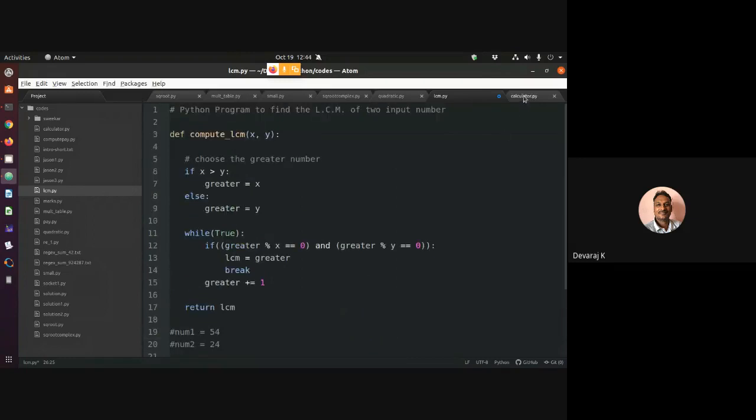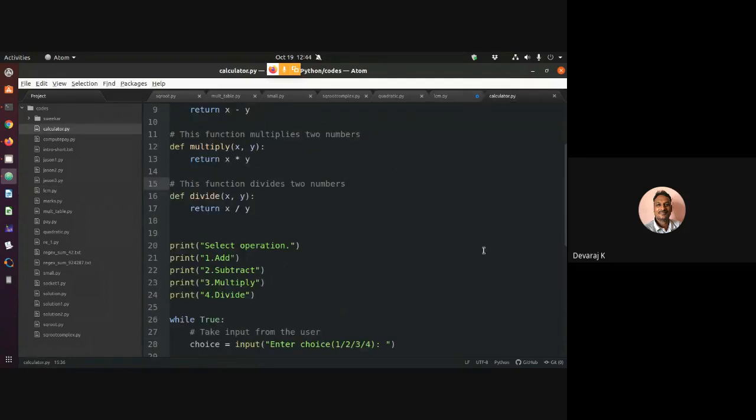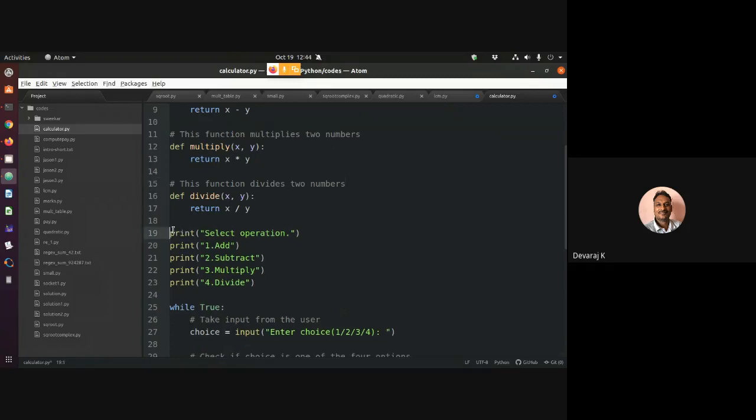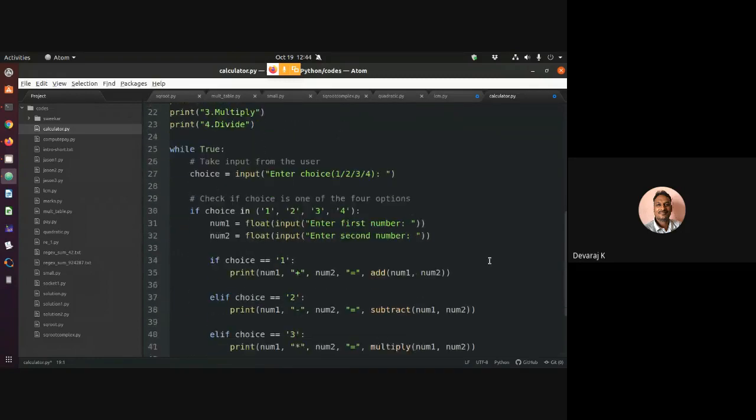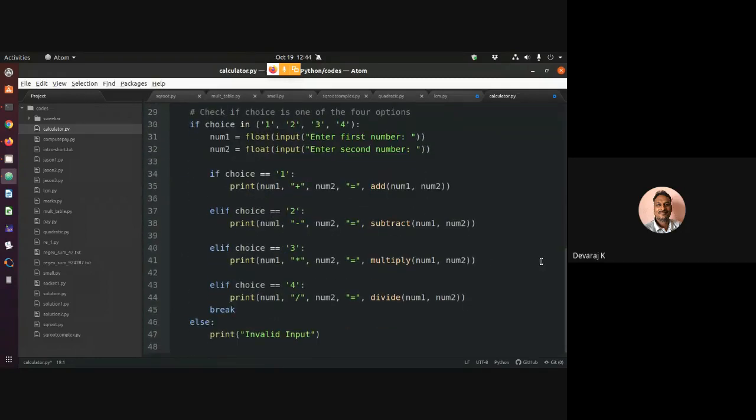So I have one more Python code, which is nothing but a simple calculator. See, what does it do? Say, for example, I want to enter some two numbers. Whether you want to add, subtract, multiply, or divide. What I want to show here is if, else if, and you have to see if all those things are correct.